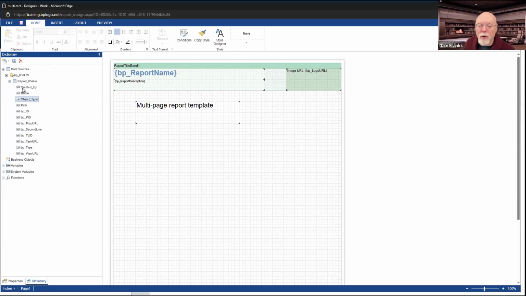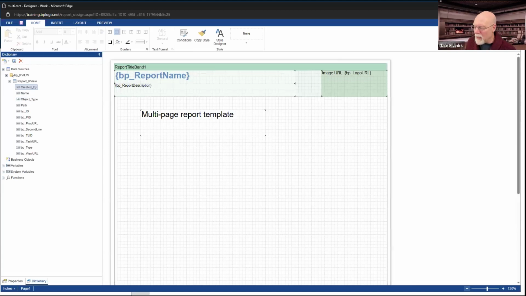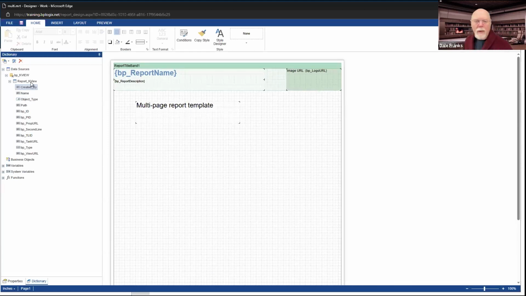For example, the created by field has a little ABC icon. And I know this is kind of hard to see, but unfortunately, I can't make the UI bigger. I can make the report bigger, but I can't make the UI bigger. So it has this little ABC icon. That means it's text. But I want you to notice the object type has a .0.